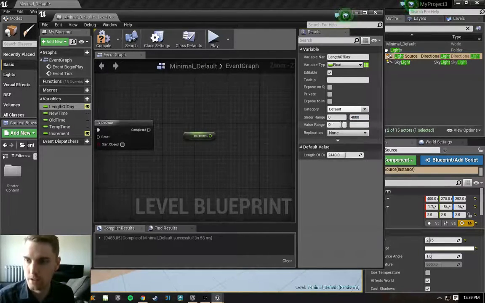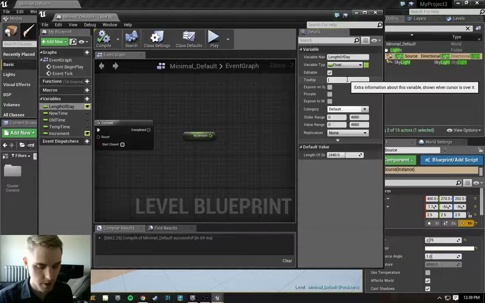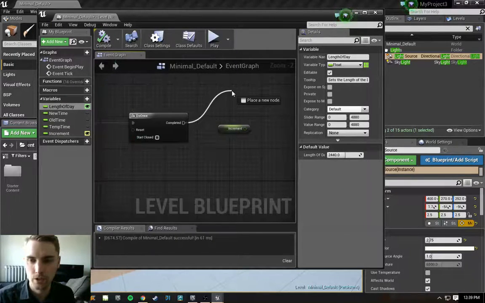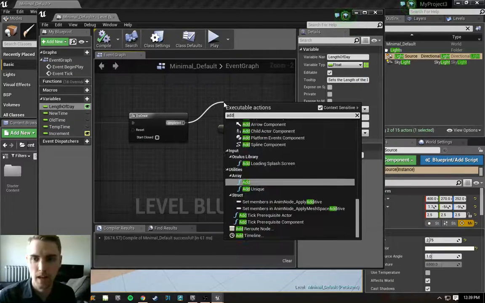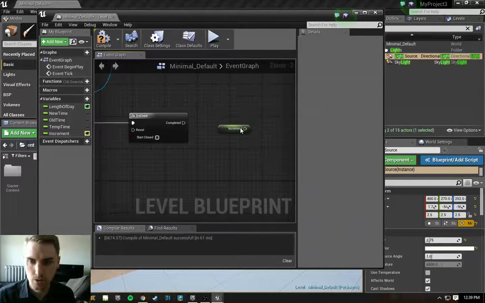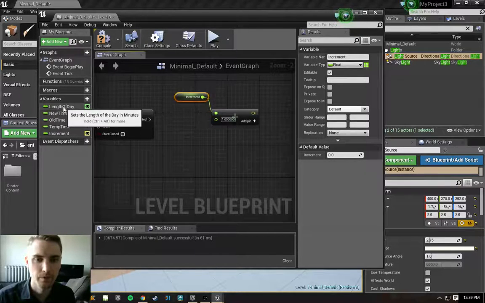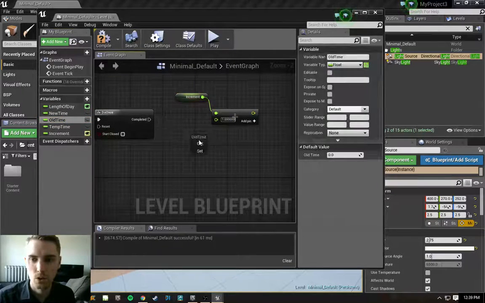We'll do the same here. 0 and 4880, you can do whatever you want with these. We'll say for the tooltip, set the length of the day in minutes. Okay, file that. So what we're going to do is when this runs, we are going to add this increment to the old time